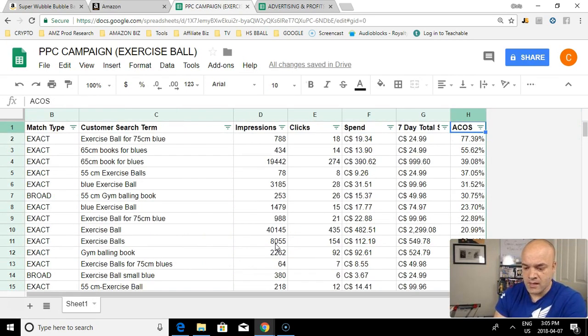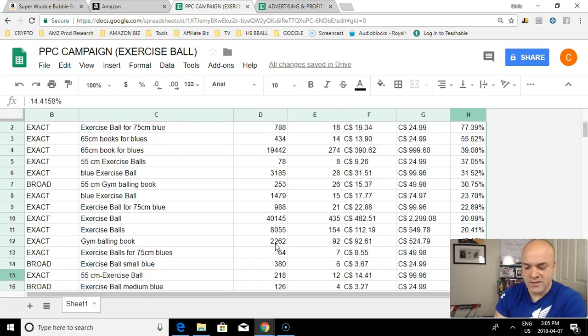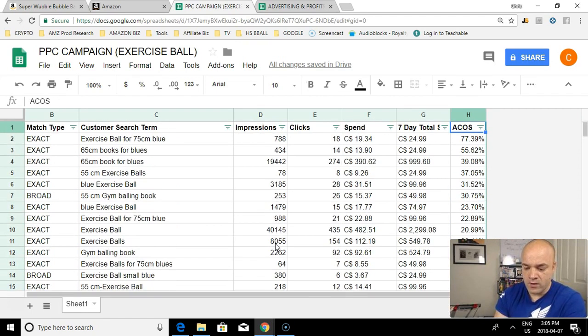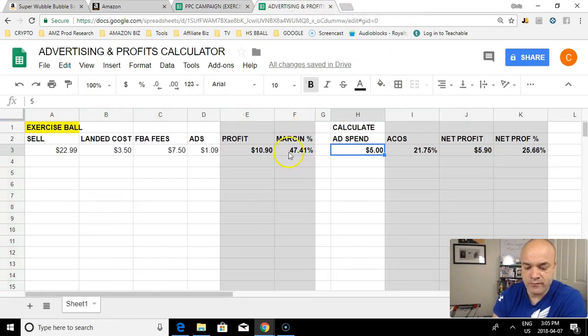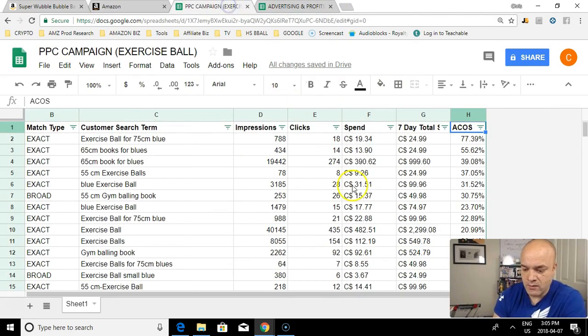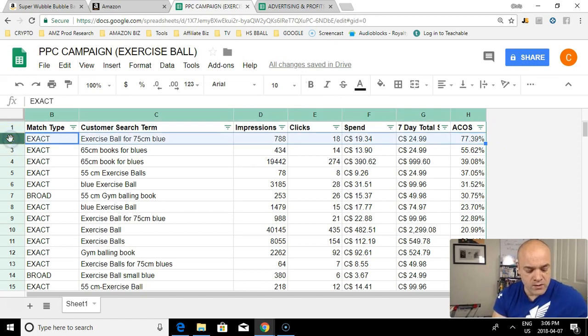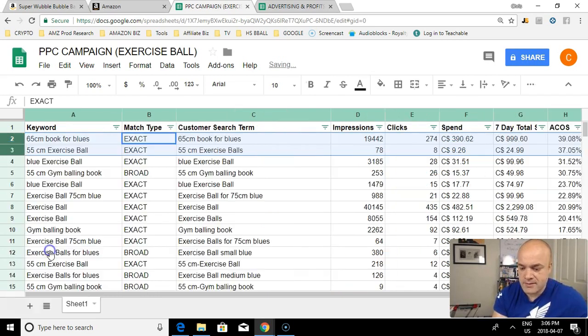Okay, so now we have a list of all the ones that are making us money, but we also want to delete the ones that are costing us too much money. So essentially, it's this easy. Anything under 47%, I am going to keep. I want to keep the ones that make me 50 cents at the end of the day. I can bring it down, maybe it's 45%. But this guy is over 47% and this guy is over 47%. So I'm going to remove these 2 specific ones because they are costing me too much money to advertise in